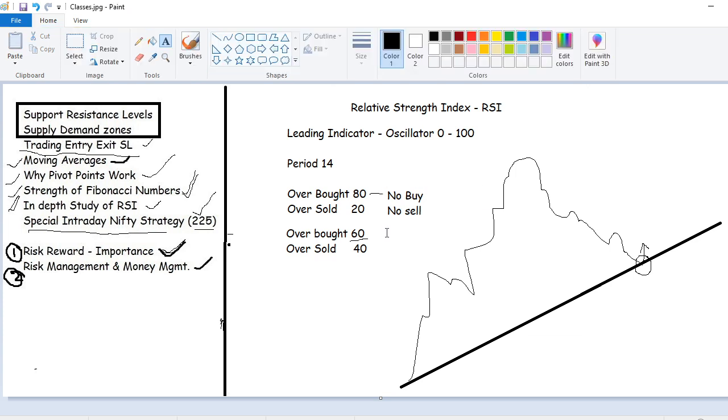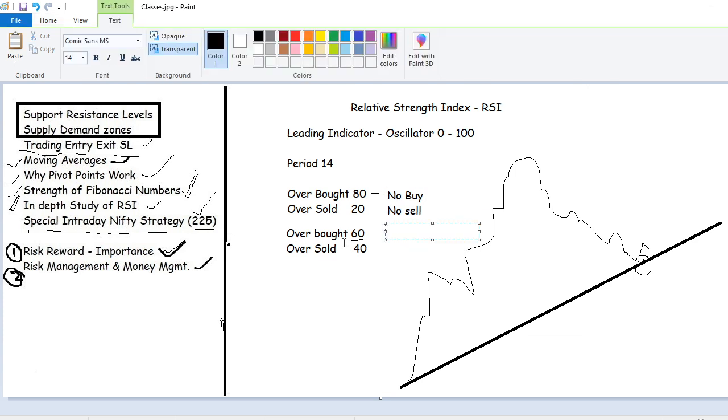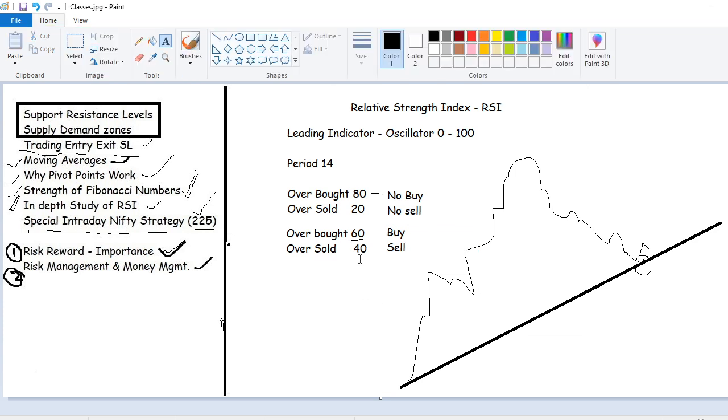Now what I am trying to tell you is, if the overbought zone is 60 and RSI is just crossing 60, then it is good to buy. And if it is falling below 40, then it is good to sell. So we come back to our chart, we check for the reversal here. At the same time, we check what RSI is telling. If RSI is above 60, it doesn't mean again 80. 60 means somewhere above 60, below 65. Then it is a very good buy, and the probability of winning this trade is 80%. 80% of the chances we can win this trade.